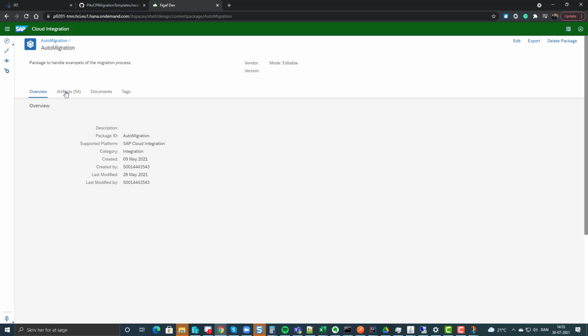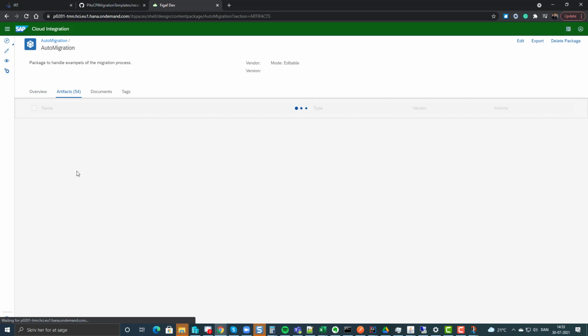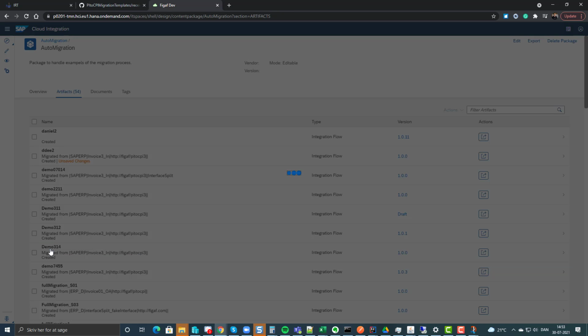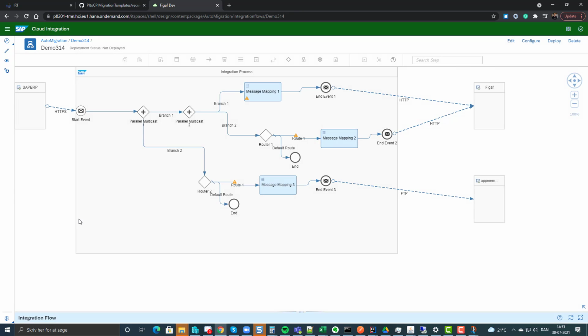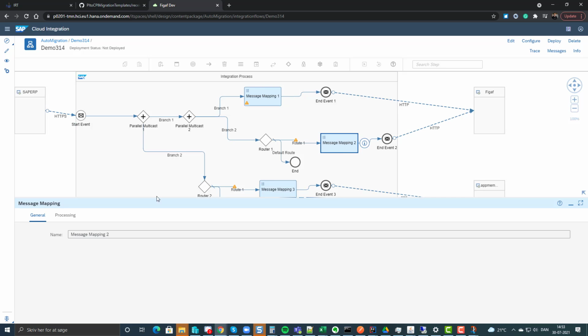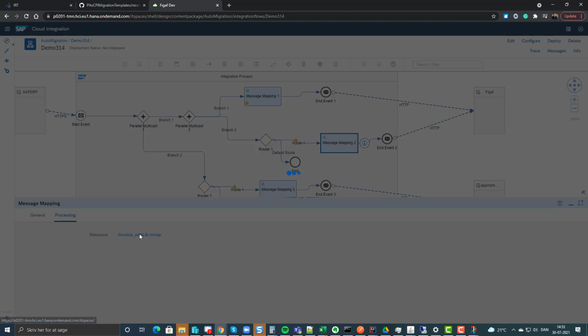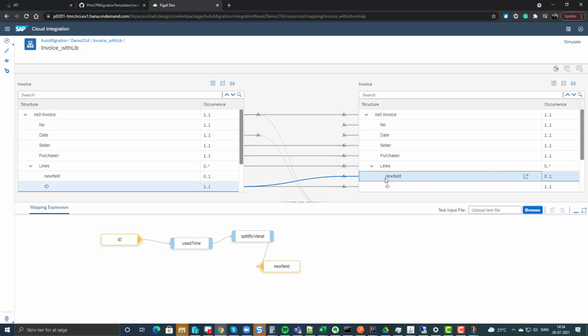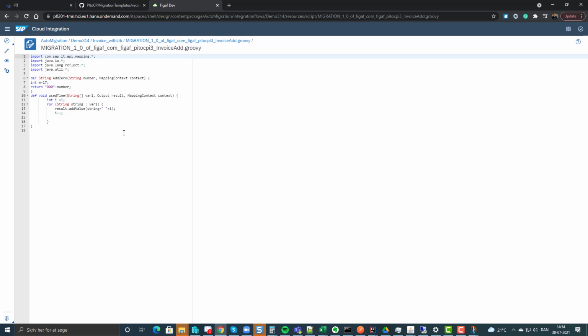So now we have a package and an iFlow here that is called 14, and here we can see it has the same structure. There's a receiver grouping, the message mappings that have been used here, and if we, for instance, take this message mapping, we can see it has the same message mapping here, and for instance in this one we have migrated the